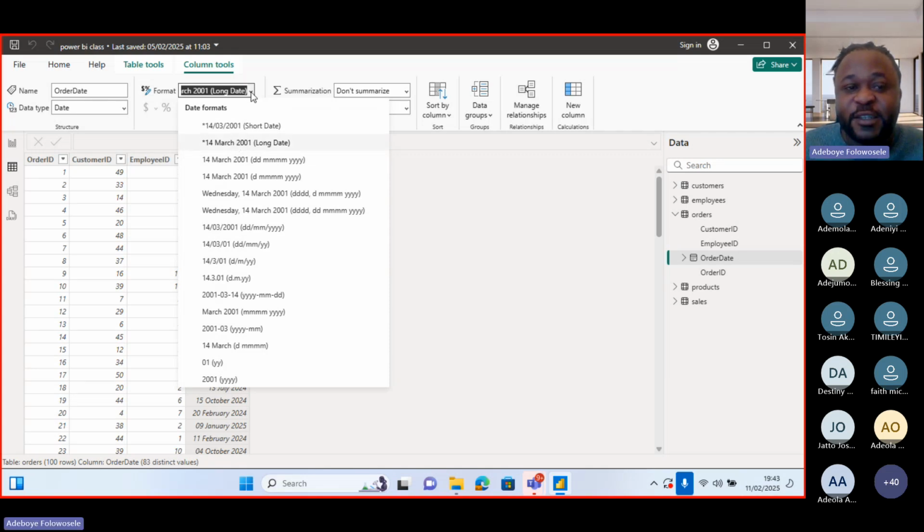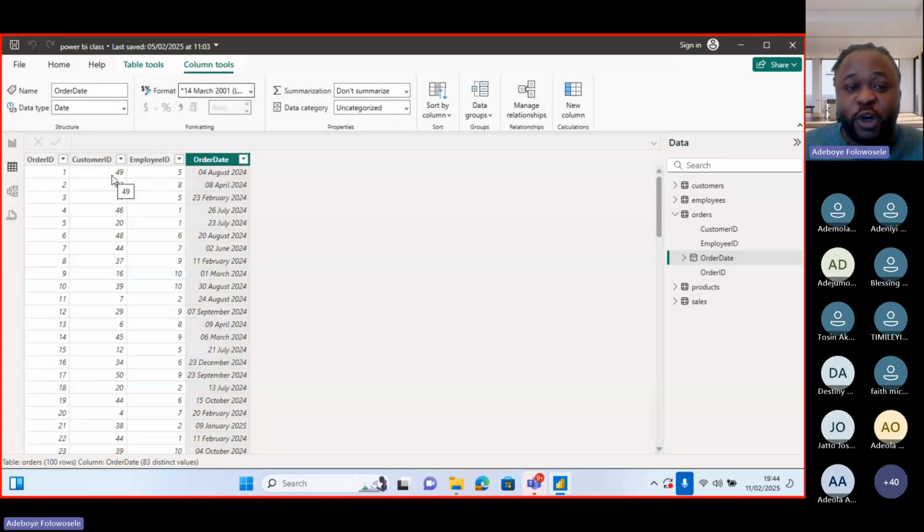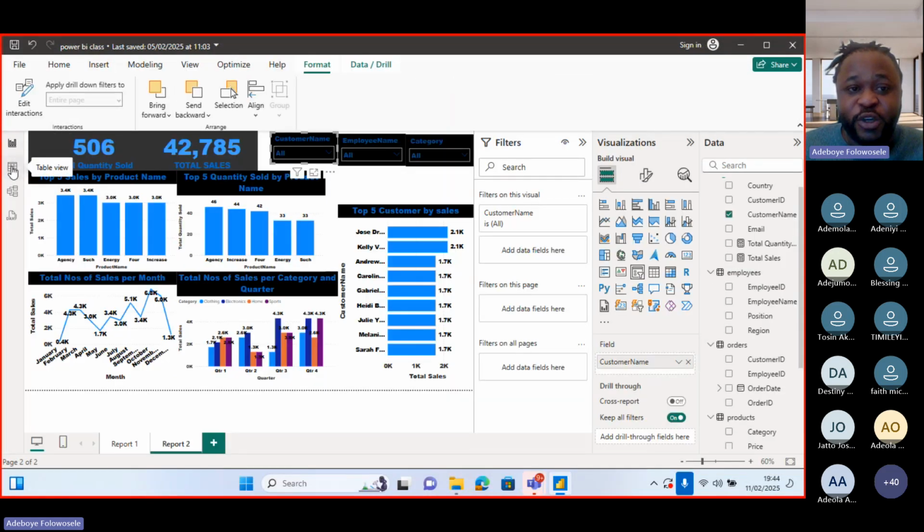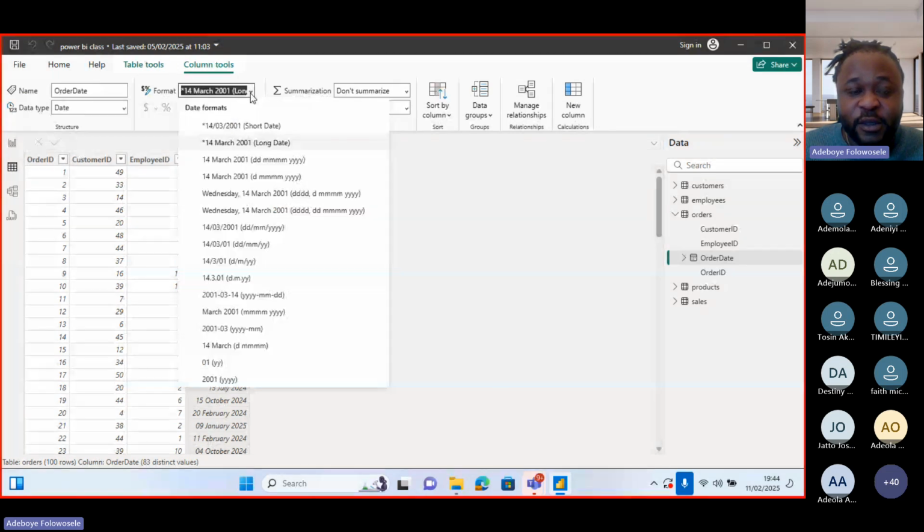So if you are experiencing a challenge, even if it was text that is showing when you have loaded your report, come to the table here and change the format. Column tools, change the format to long dates. When you go to table view,